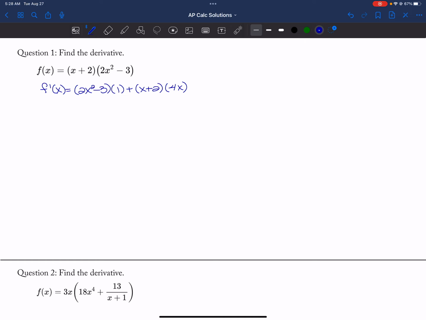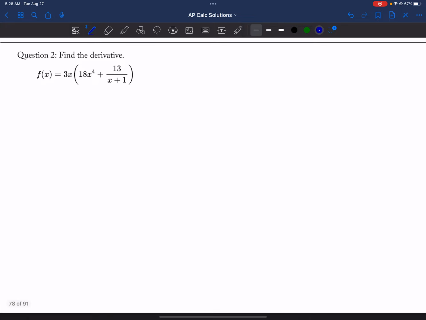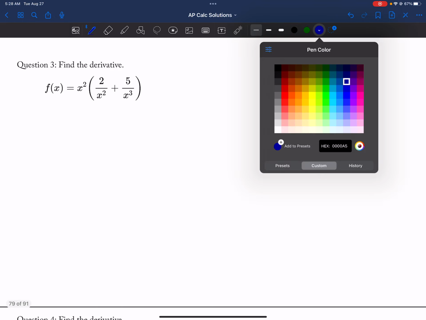So what you notice is that now I'm not telling you to bring down the exponent, reduce the exponent by 1, because we're into product and quotient rule. Okay, so 2x squared minus 3 plus 4x squared plus 8x. So I get 6x squared plus 8x minus 3. Okay, so that's an even question. And then we move along to